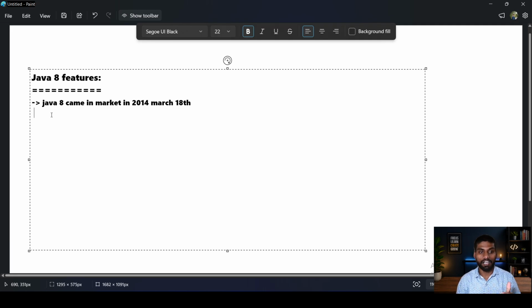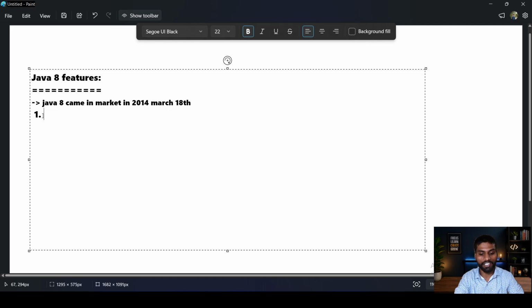Then Java people understood that we are losing our market. They thought that if we don't make any biggest changes in Java, then we will lose our market. So Java 8 came in the market in 2014, March 18.